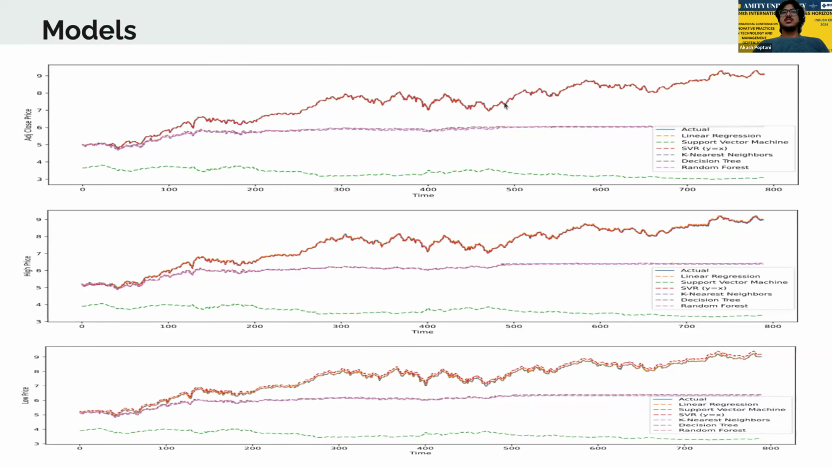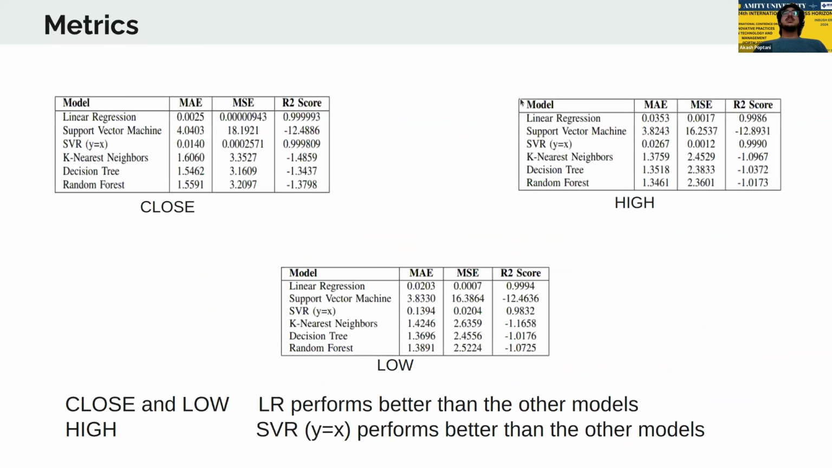So the two models which are close to the actual results are linear regression and support vector regressor. To show the results further, we see that the R2 score in case of linear regression and SVR is the highest in all the other cases. Specifically for close and low, linear regression performs better than the other models. And for the high price prediction, SVR performs better than the other models. So for the sake of consistency, I took the results from the linear regression model and not the SVR model